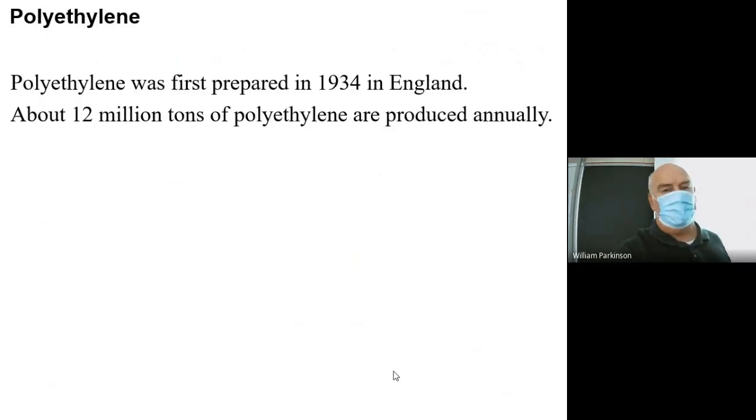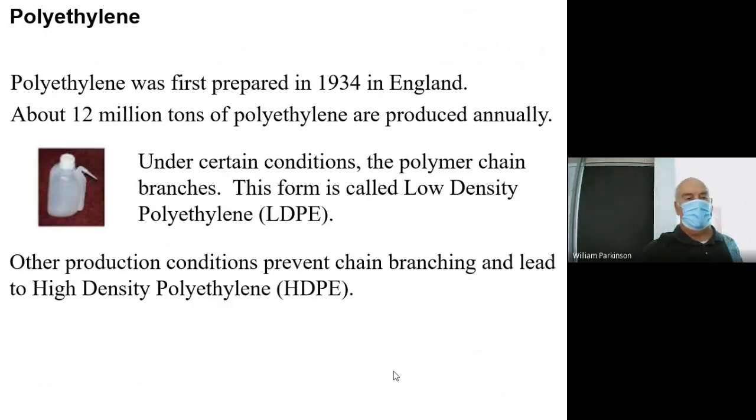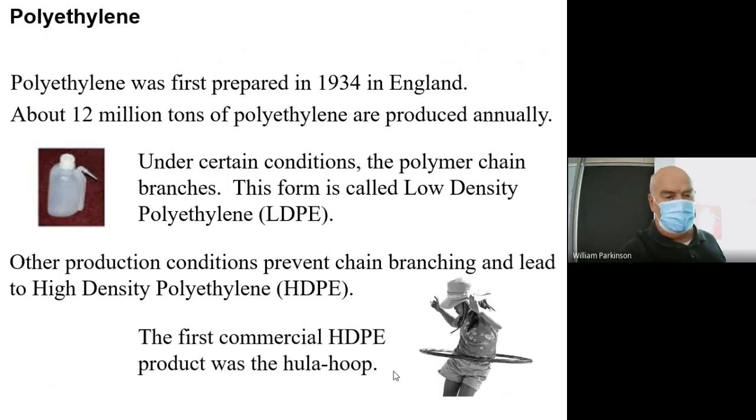Now, I showed this slide already, so we'll just talk very quickly about it. Polyethylene was produced, as I said, in England, 1930s, and depends on the conditions in which you react it. You can also branch this, and if you branch it or don't branch it, you get either high density HDPE or you get low density LDPE. When it's branched, you get LDPE. When it's not branched,